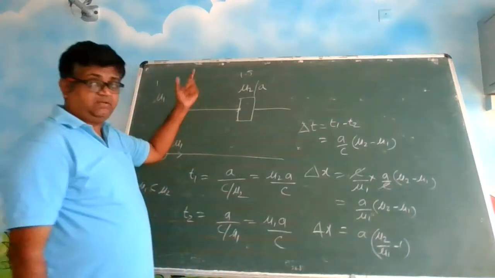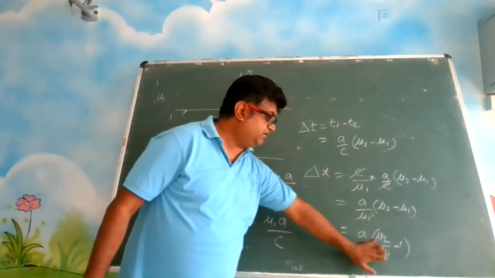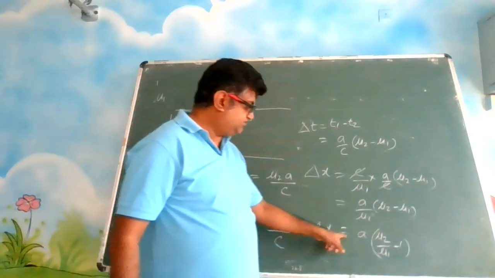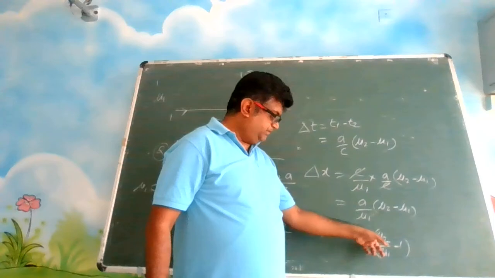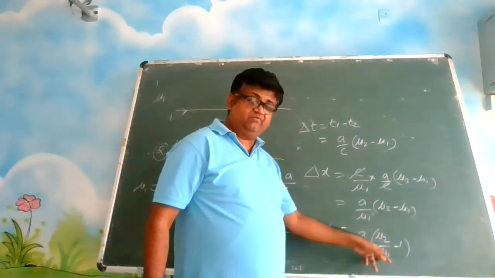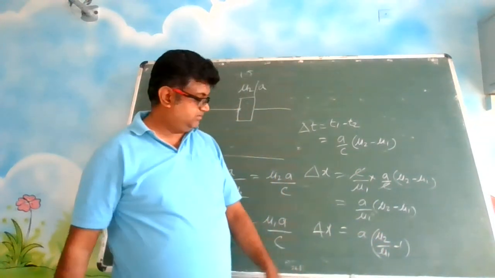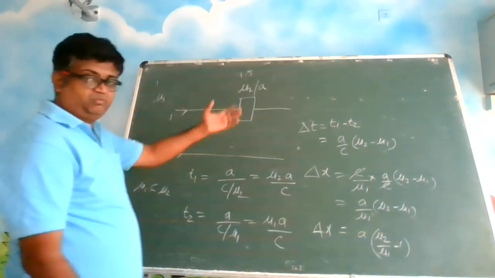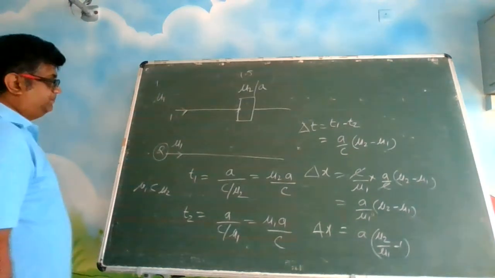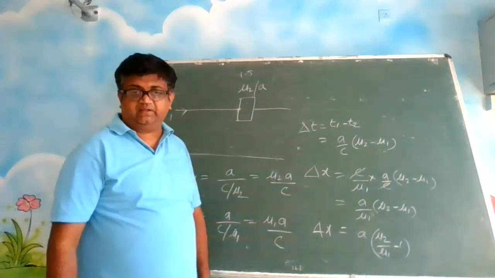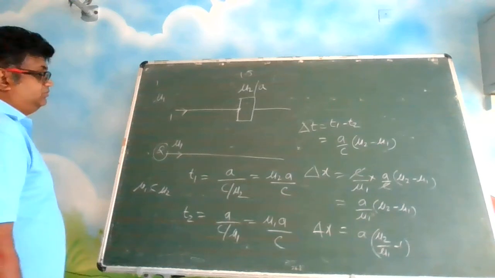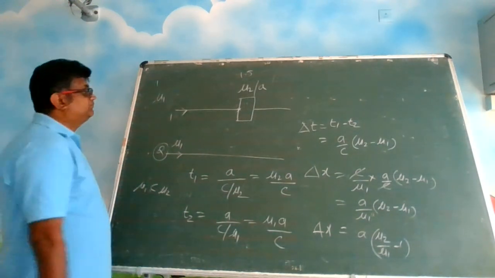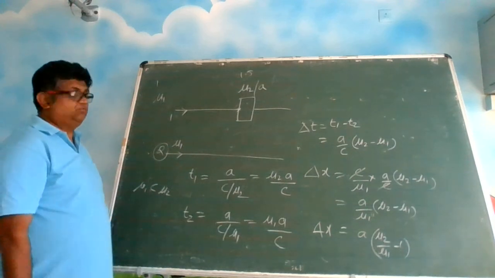Alright. Check the previous case. In the previous case, mu 1 was air. So how did this formula change? It becomes delta X is equal to A into mu, let us say some mu divided by 1, because mu of air is 1, minus 1. So from this case, that case can be derived. That was a simpler case. So path difference we can find out like this. Alright. So just note down these points, and some more points we will see tomorrow.